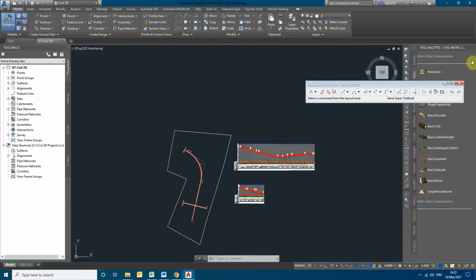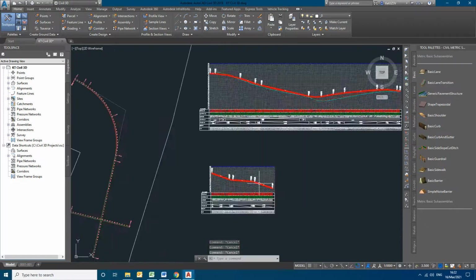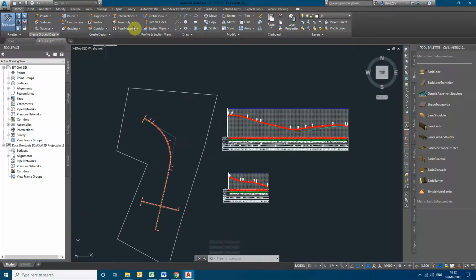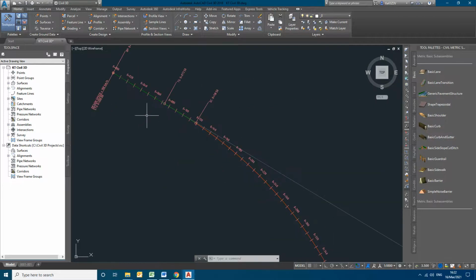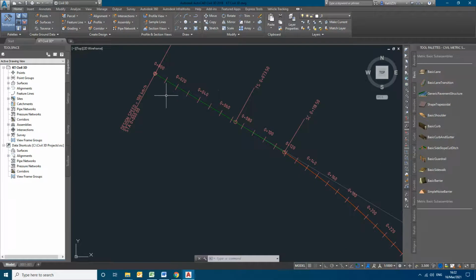So both the profiles have been done. Now we have to create the assembly. The assembly is the component that will run throughout the alignment in order to make it a corridor. So assembly is nothing but the TCS, a group of many components of the road, the total road, within our stipulated ROW.